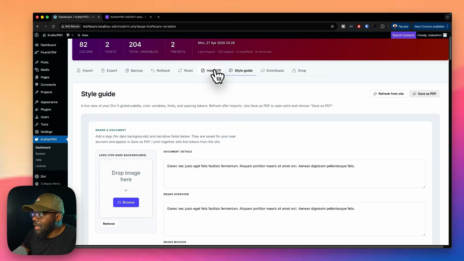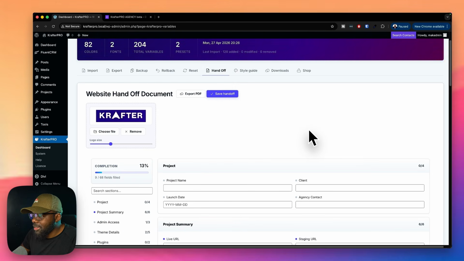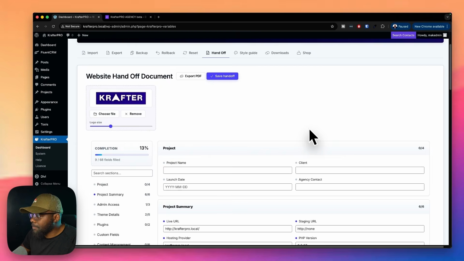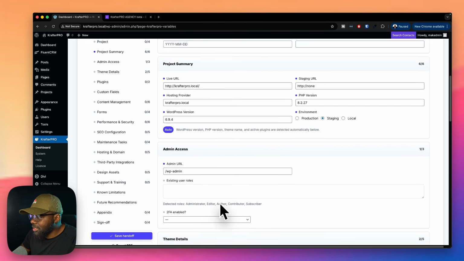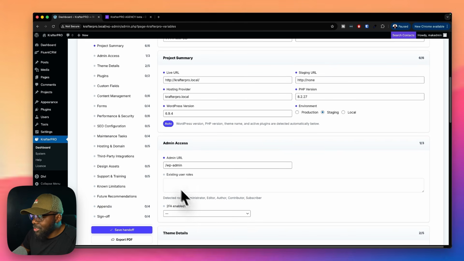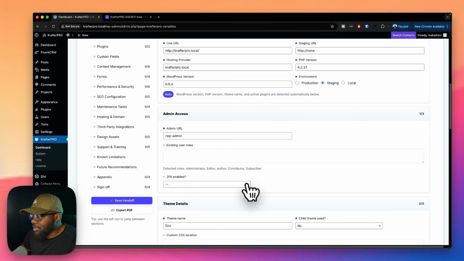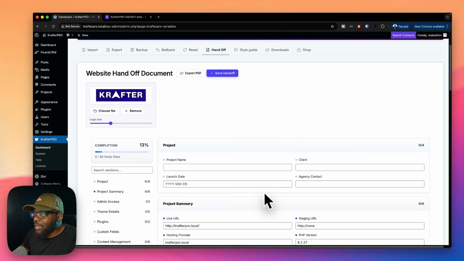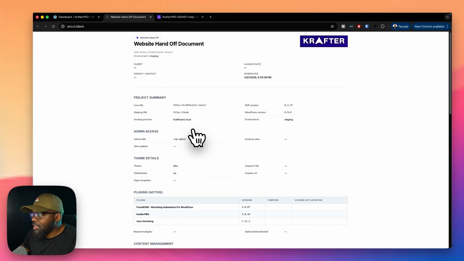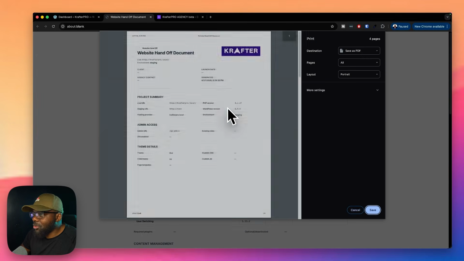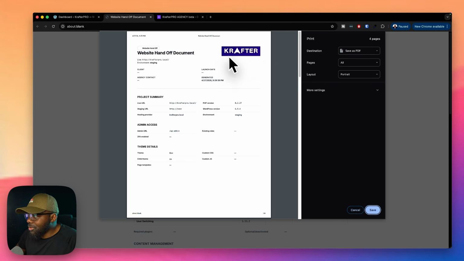Next, we also have our handoff document. So here we haven't changed much, but you can see if anything has been filled in, it's going to have a solid dot, but if something's not filled in, it will not have a dot. So this is pretty cool as well. So you can go in and fill this in, and once this is filled in, you can do a preview of the PDF just like that, and it will have all the data and all the information. And you can see the logo of the company or your clients will be showing nice and clear over here,